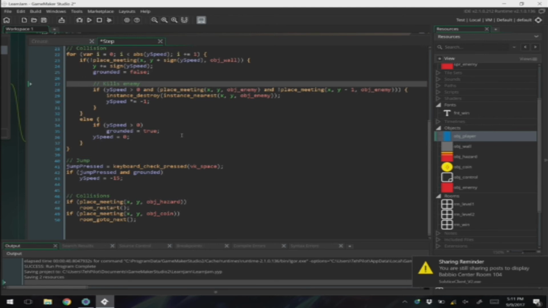So for some people, they're having errors where if they add y speed times equals -1, their gravity speed is like. So what I did was I changed that if statement for where you check if you're within